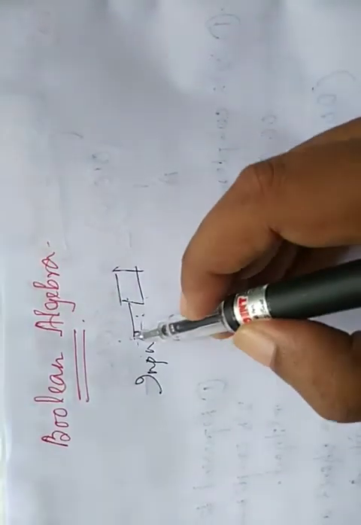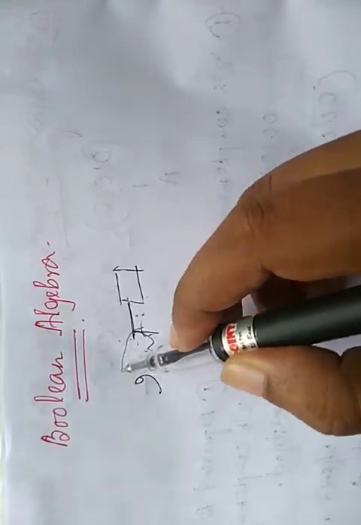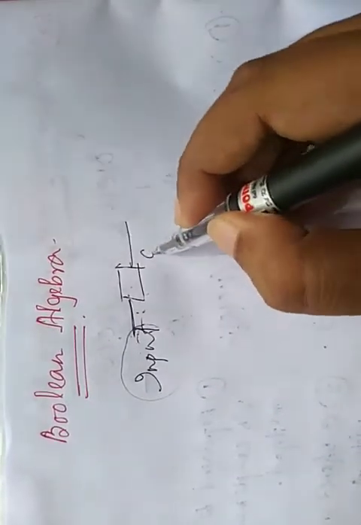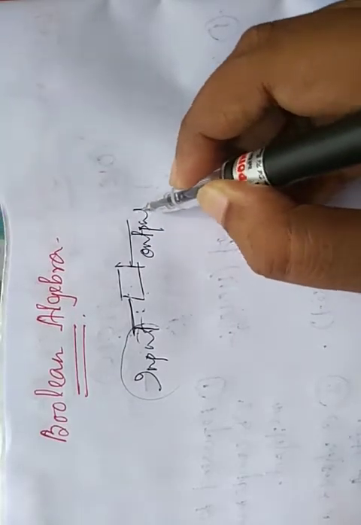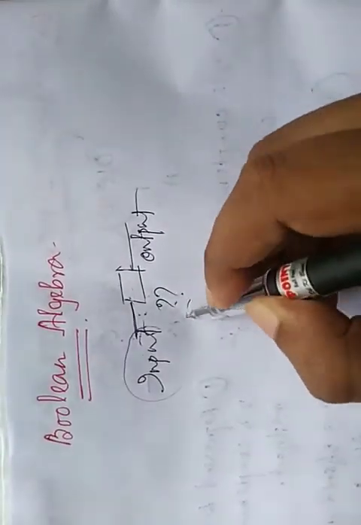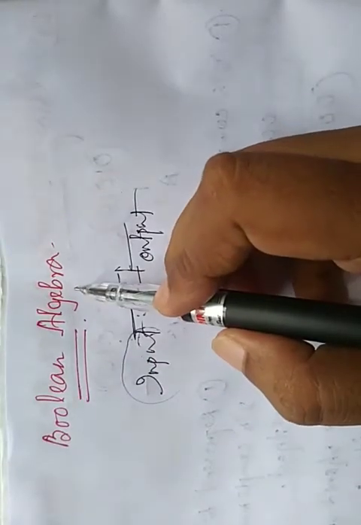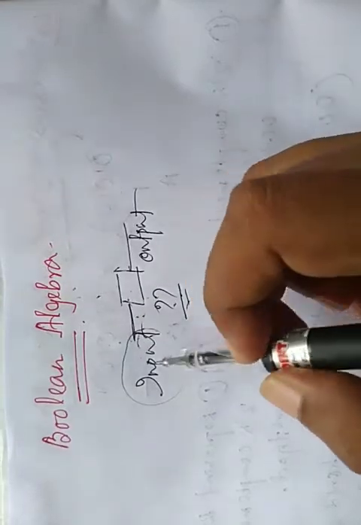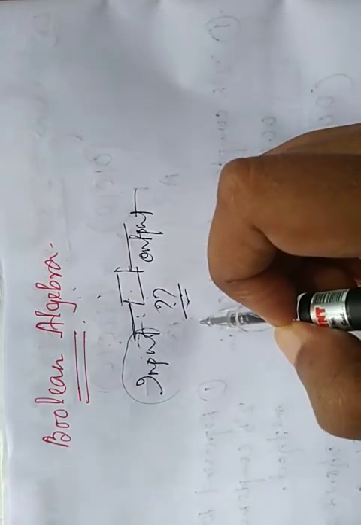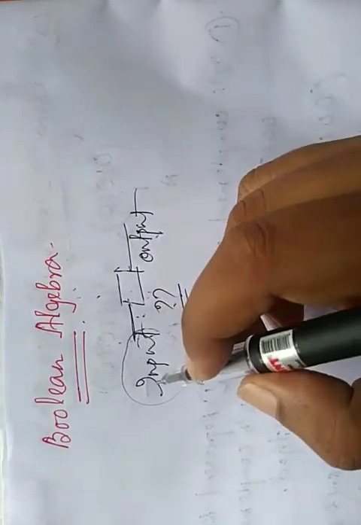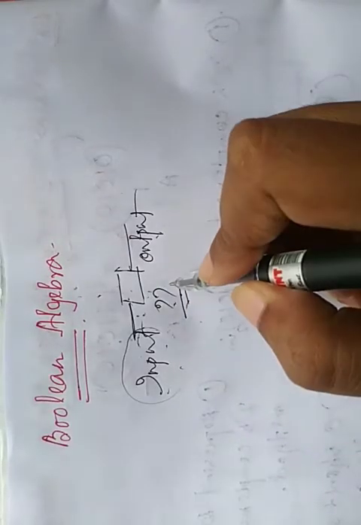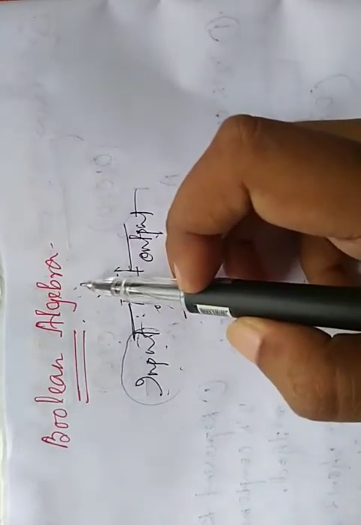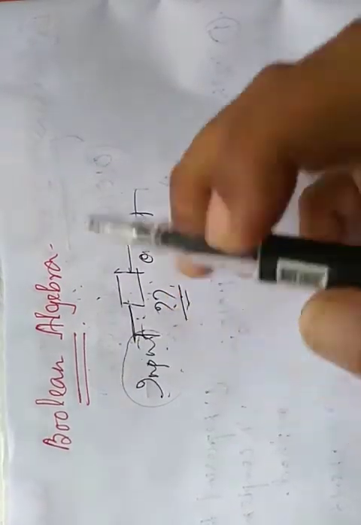In a digital circuit there are some inputs, and on the basis of that input, with some logic, we get some output. So what will be the logic? That logic is totally based on this Boolean algebra. So Boolean algebra is used whenever we are going to create any digital circuits. What output we get on the basis of its input should follow some logic, some rules. Those rules are created using Boolean algebra.